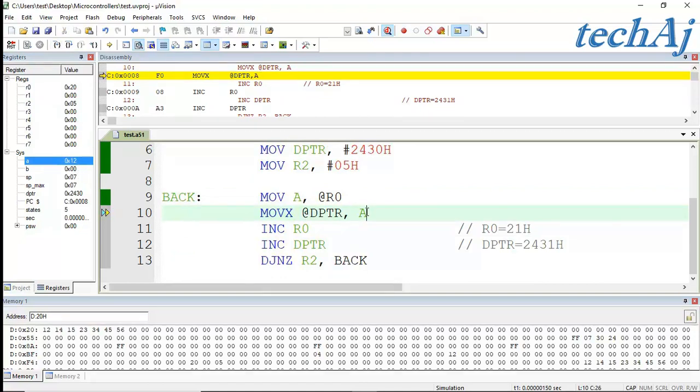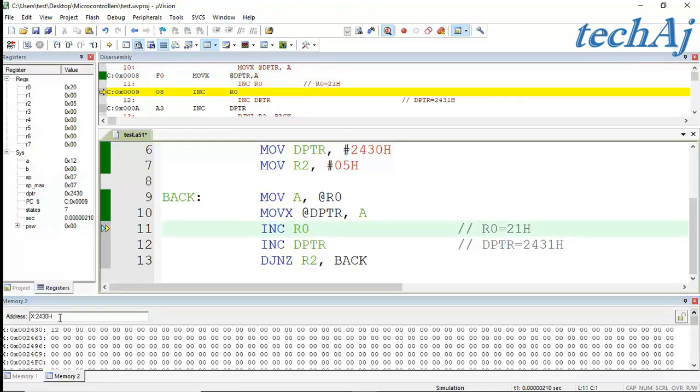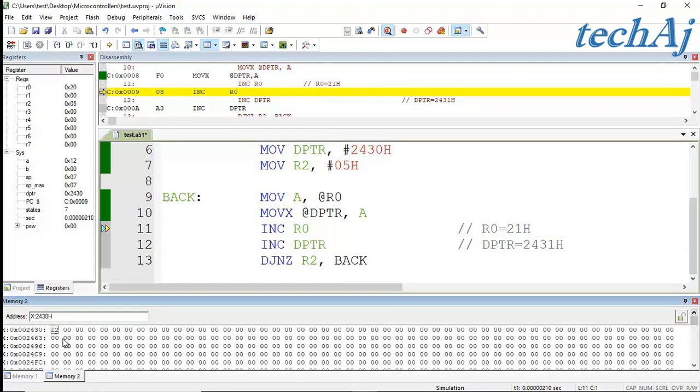And this value of accumulator will be copied into the address pointed by the DPTR. So in the next step, we can observe that accumulator data is copied into the external memory address 2430. So first data byte is transferred from RAM memory to the external memory.